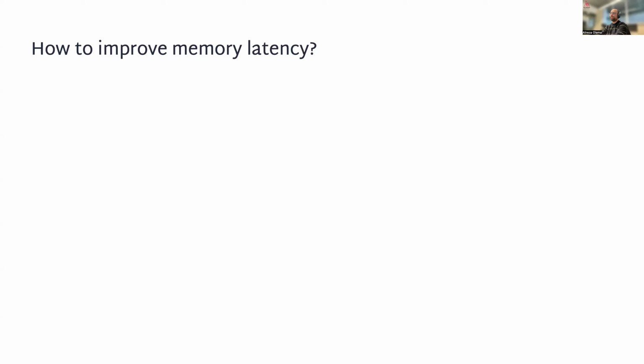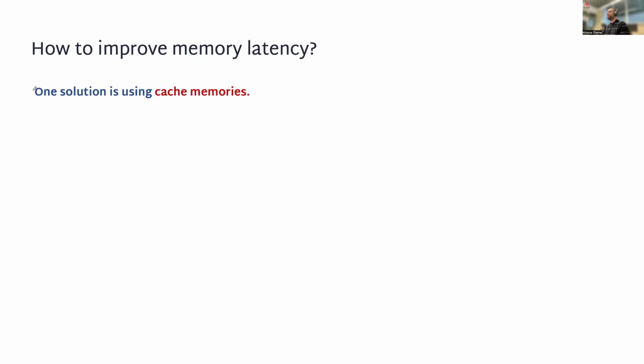So anyone? Optimizing the throughput and writing and reading. Well, this is one solution, but what's the most popular one? Memory hierarchy. Yes, exactly. So we need to use a memory hierarchy, or in the simplest case, we can use caches,